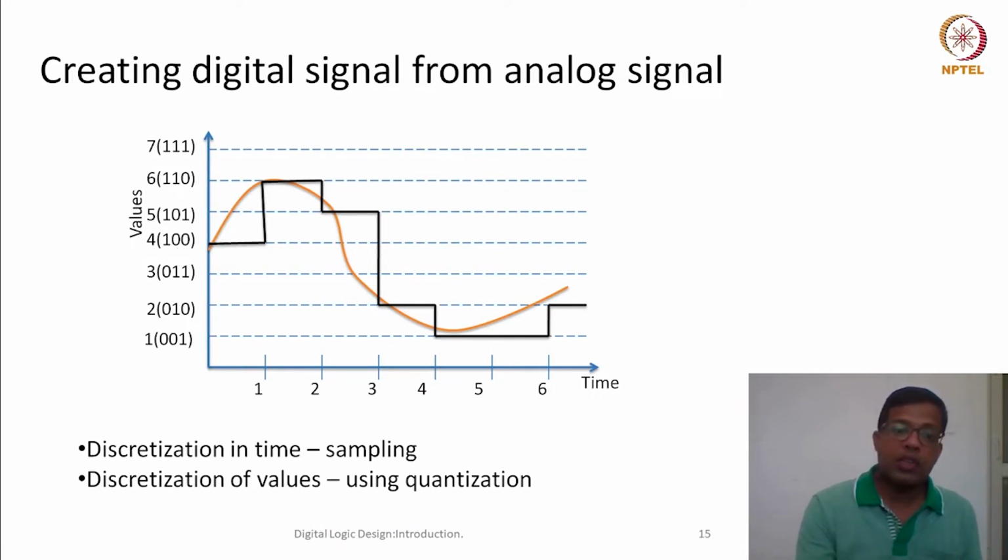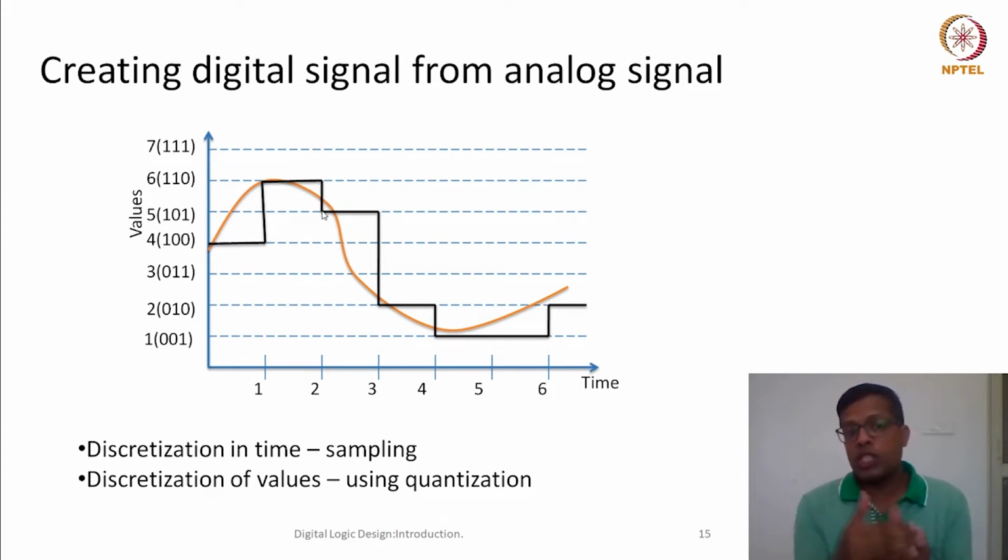Okay, so after that we checked what was the value of this continuous signal at time equal to 1. It was close to 6. So the signal value would be now quantized, and here it is very close to 6, so we took it as 6. Similarly at time equal to 2, again it is sampled. It's not 5, but it is close to 5. So it is closer to 5 than to 6. So we quantized, meaning we said either it has to be 5 or 6, and because it is closer to 5,